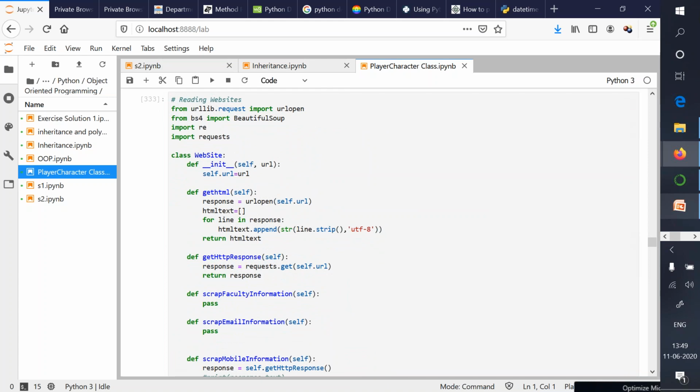So yes, you can pay attention to this thing. I'm just discussing the structure or the skeleton of this project with you.